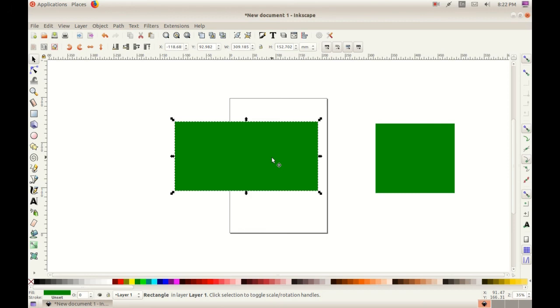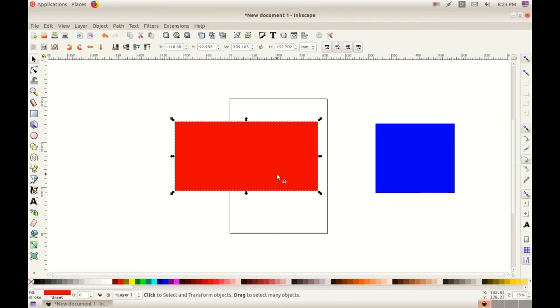But this is used for selecting. Whatever changes you want to bring in an object, you have to select it. For example, I want to give a red color. You have to select that and give the red color. See, the red color is given to one object only. What about the second one? It is green in color. I am going to give a blue color. So for making changes you have to select the object. For selecting, which tool is used? Select and transform object tool.